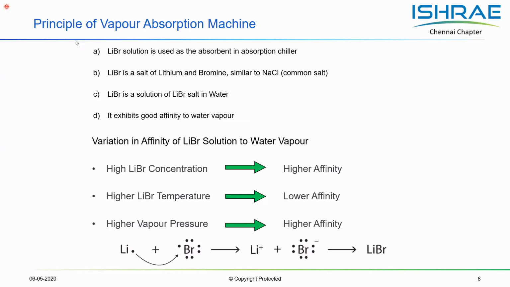Salt and water. So this particular solution is the one which does the compression activity. The reason for using this salt solution in this system is that it has a very good affinity towards water vapor, meaning that it is deliquescent in nature. It can absorb moisture and it can liquefy. So this particular property is being used in this system, and this affinity to water vapor increases as the concentration of the solution increases, and is very good when the temperature is low.